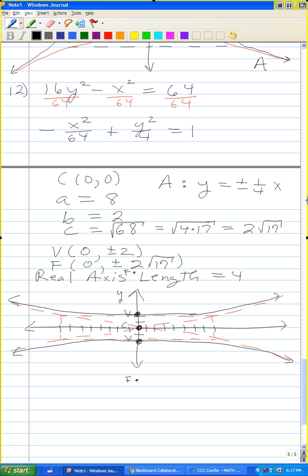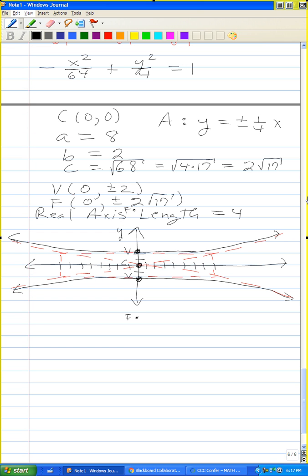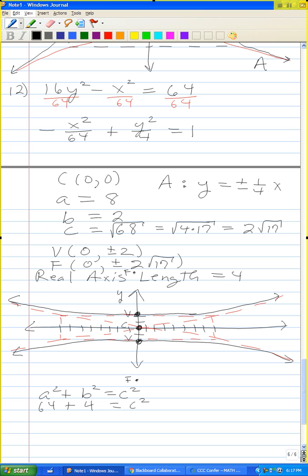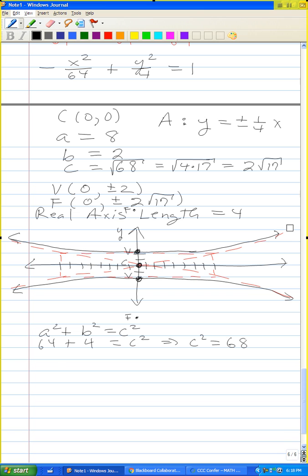So to figure out what C is, notice that A squared plus B squared equals C squared. And so 8 squared plus B squared is C squared. 64 plus 4. So that's how I get the 64 plus 4 is 68. And so that's how I get 2 rad 17. Next, how do I get the